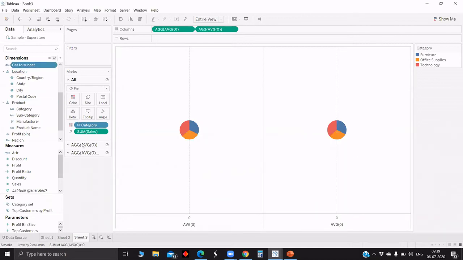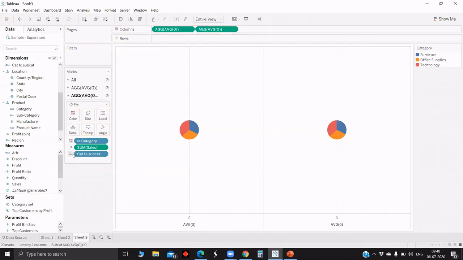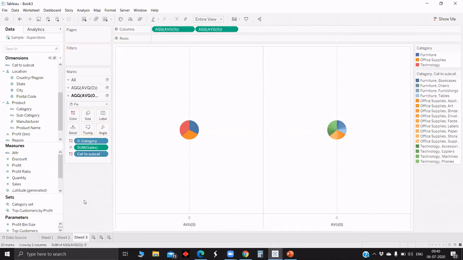We'll pull this down in the second one which we have made in detail, then we will make it color. We will increase the size of this one.